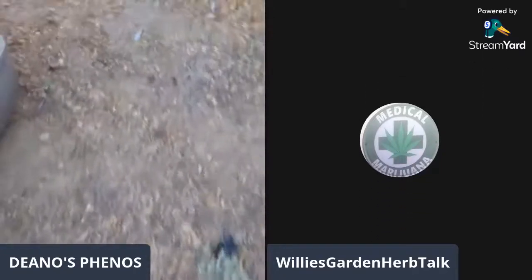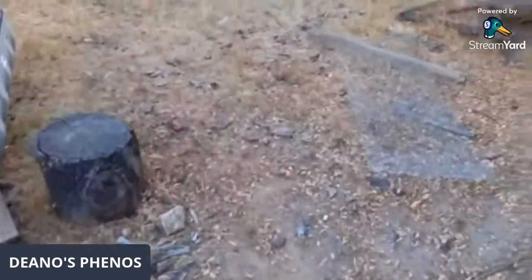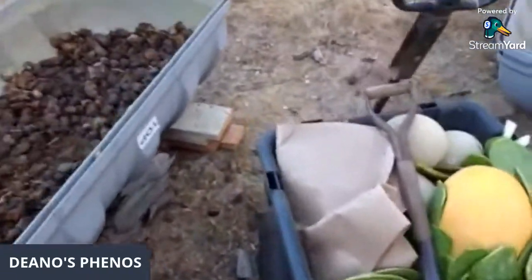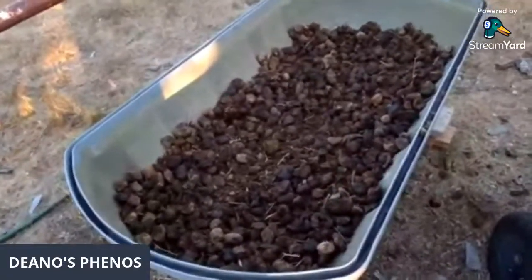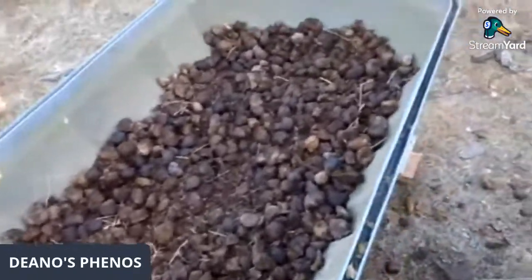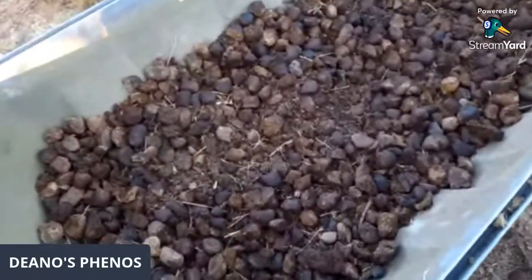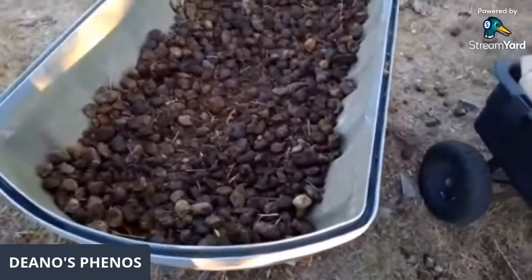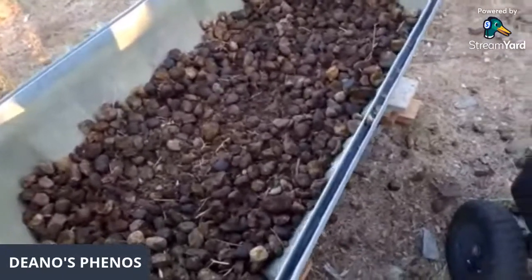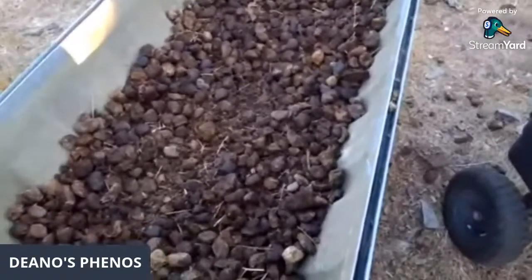So I just wanted to show this real quick. I'm going to solo screen it. And yeah, so I am starting a new Wormtub, and I'm using these big fiberglass things that a buddy of mine gave to me, and I'm gonna try these out, see how well they work. I'm gonna show you guys how I do that real quick, and then I've also got a video that I've made. That's just supposed to be like a fun video, but I'll post that sometime. I don't know. It's on my computer,